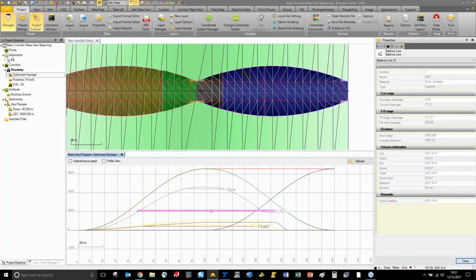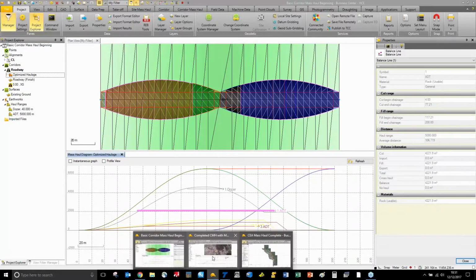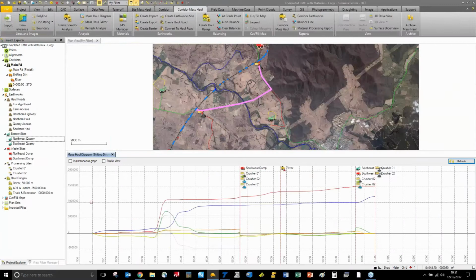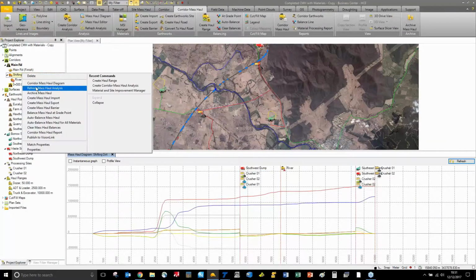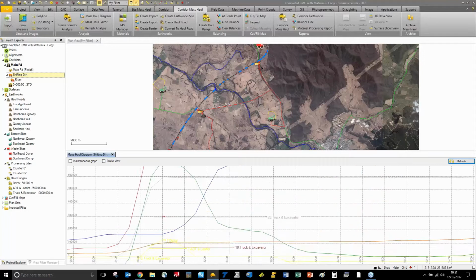If I then click on the ADT, that is then shifting over the top of the bulldozer from this larger location to this location. So quite simple, but if I go into this project, we have our 3 haulages. I then auto balance for all those materials. It's going to take a little bit longer to calculate, but what we then end up with is, like before,